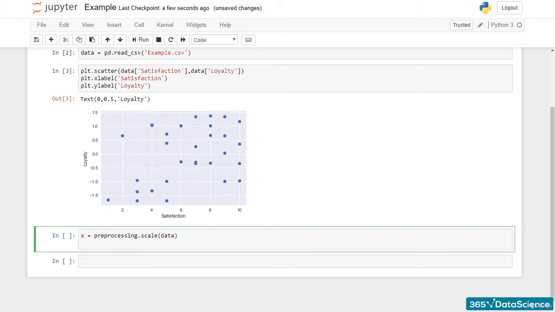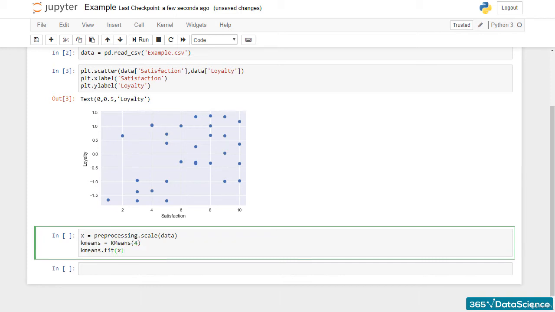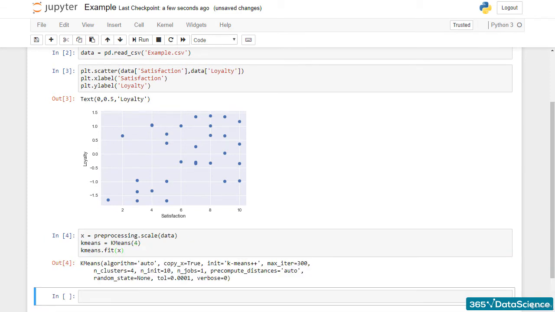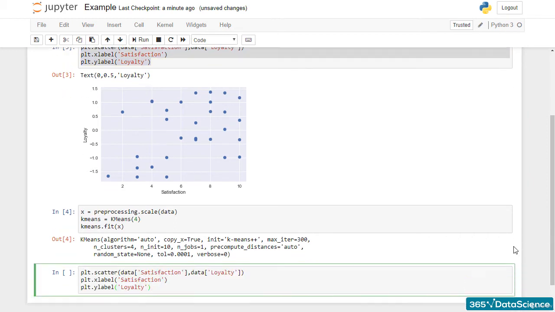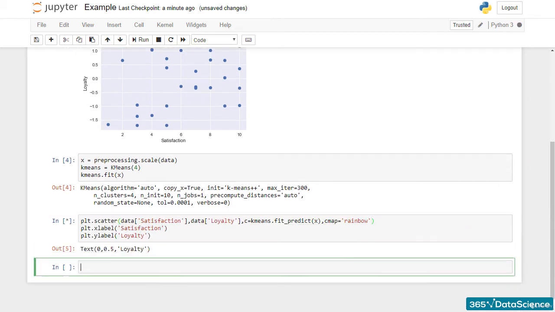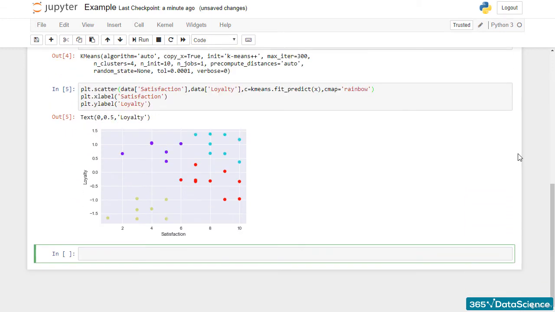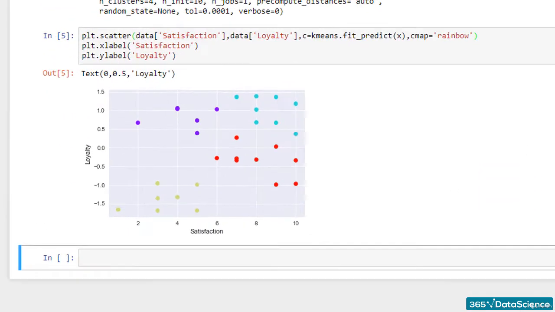Using the popular k-means algorithm, we will identify 4 clusters. The code, which we will examine in detail later on in the course, looks like the following. And we are done. I can now plot the data using the predicted clusters as colors of the new scatter plot. We've got the same scatter plot, but with 4 clusters.